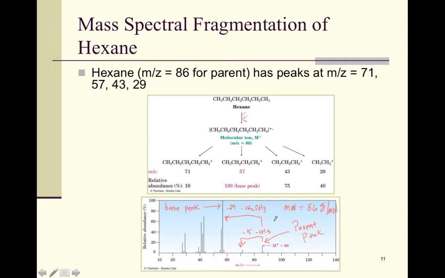So this mass spec not only gives me an idea of how many carbons are in there from its molar mass, but I can also get an idea of somewhat what the compound looked like. I know there's going to be a CH3 group, but there's also going to be some sort of an ethyl-looking group in there. And that's exactly what we have with our hexane. If you can see right up here, we have two CH3 groups. It's a symmetrical molecule. We also have CH3 groups. So some of the fragments are when two carbons have been removed, and another fragment is when one carbon's been